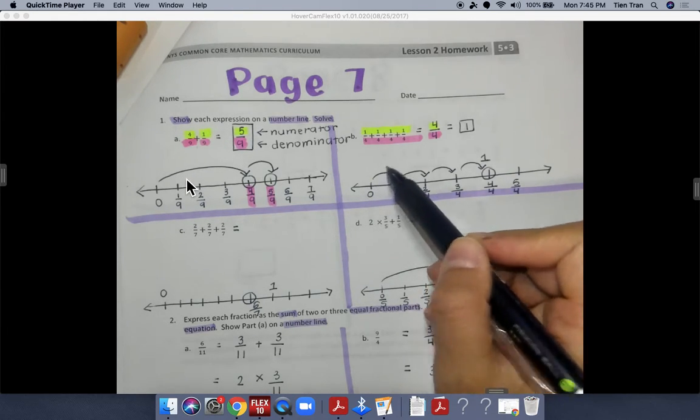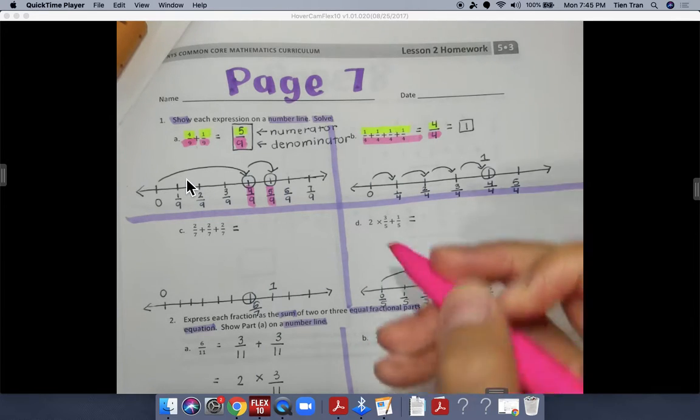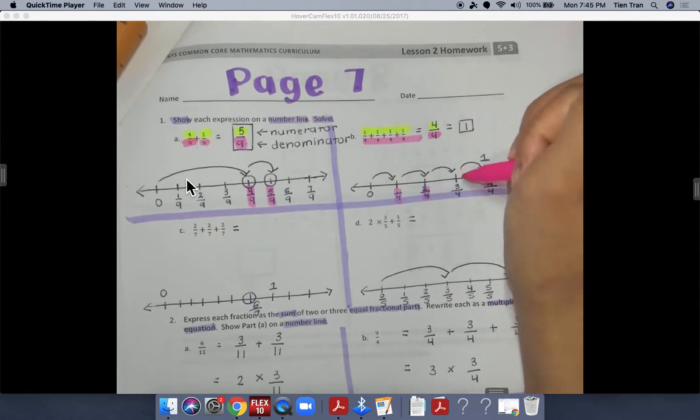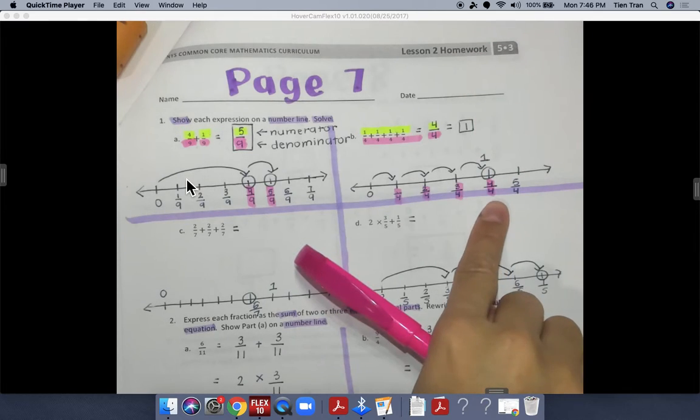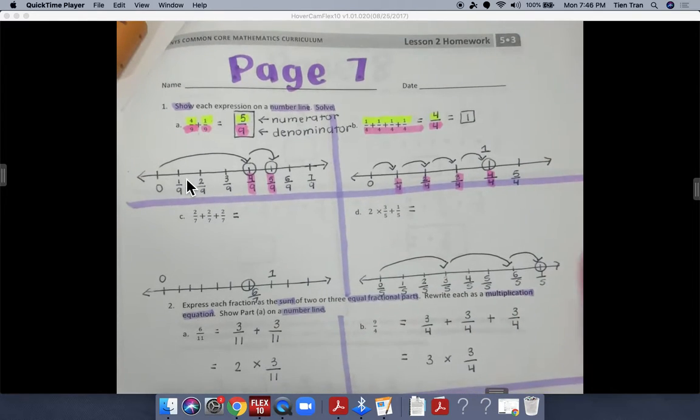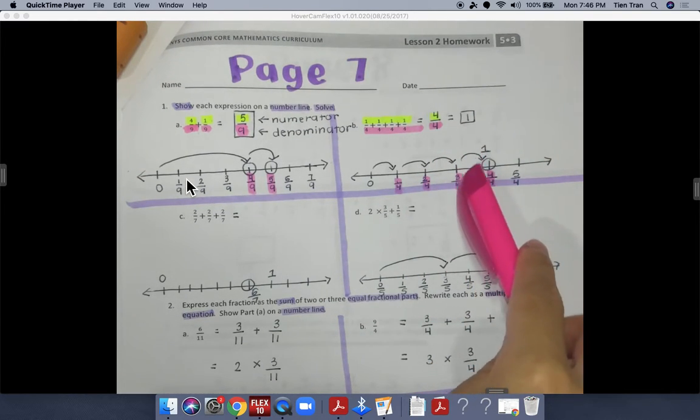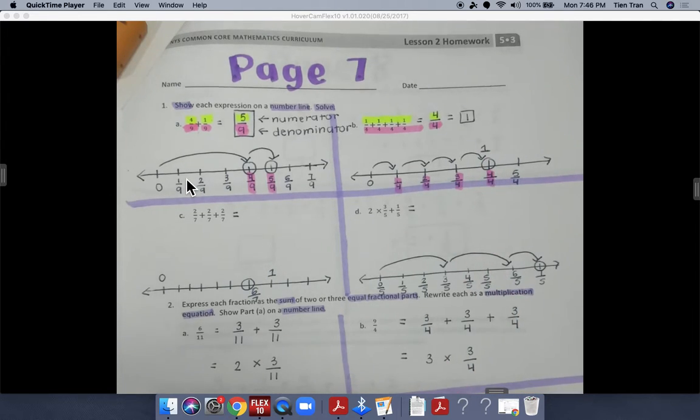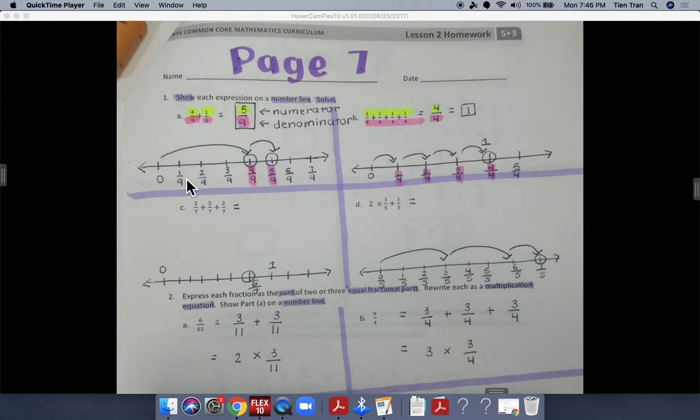And now I'm adding 1/4 plus 1/4 plus 1/4 plus 1/4, which is equal to 4/4. Okay, and that is our answer. 4/4 is equivalent to 1. Okay, and then we have problem C. For problem C, you are adding